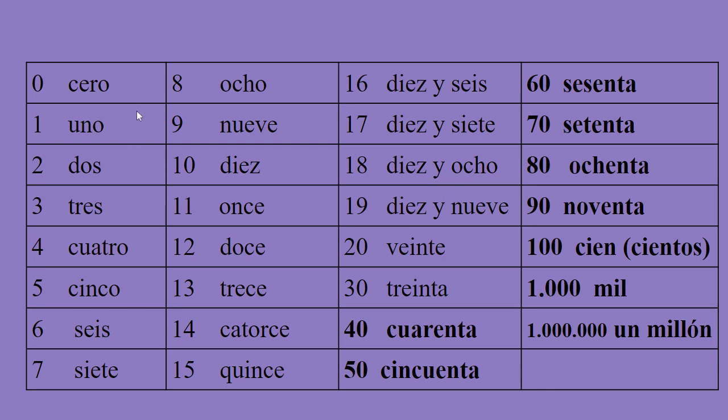All right, let's warm up with some numbers. So last class we learned how to form numbers 1 through 30 and how you would use the numbers 1 through 10 to create upper numbers. So when you get to 20, you can start adding on. So 21 would be 20 y 1, 22, 20 y 2. Remember, it's like an addition problem, like 20 plus 1 is 21. 20 y 2, 20 and 2. So if you know the tens place, then it would be easier for you to create the numbers. So I thought today we'd go through and practice the tens place.